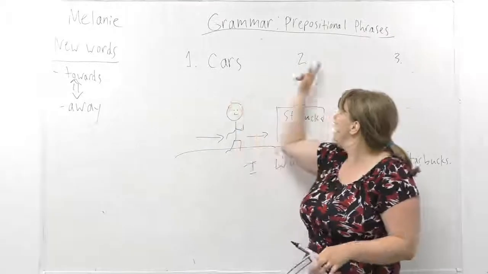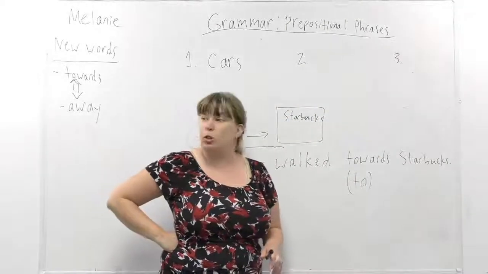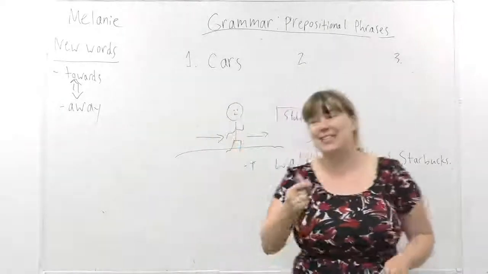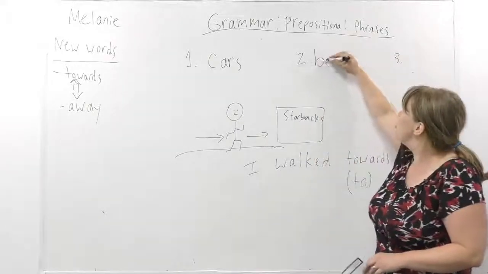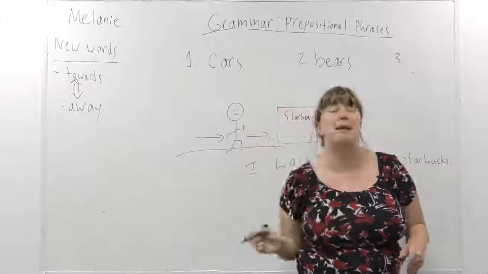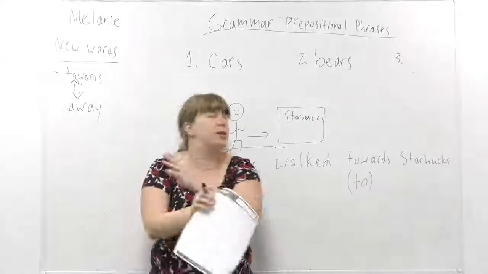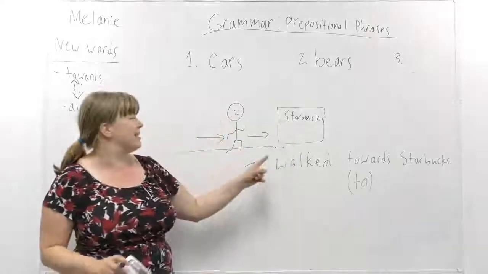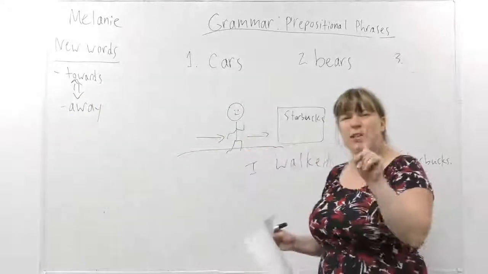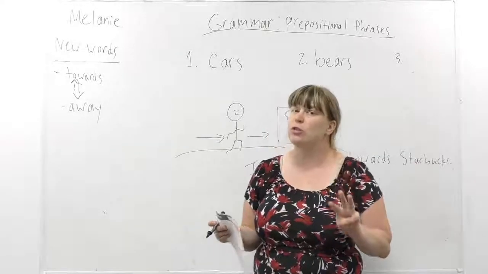Okay, now I want you guys to think of some ideas. Cars. Oh, somebody said bears. That's a good one. Never run towards bears. Also dangerous. They will attack you, maybe. Can anyone think of one more thing we should never run towards? So don't run towards cars, don't run towards bears, and don't run towards,